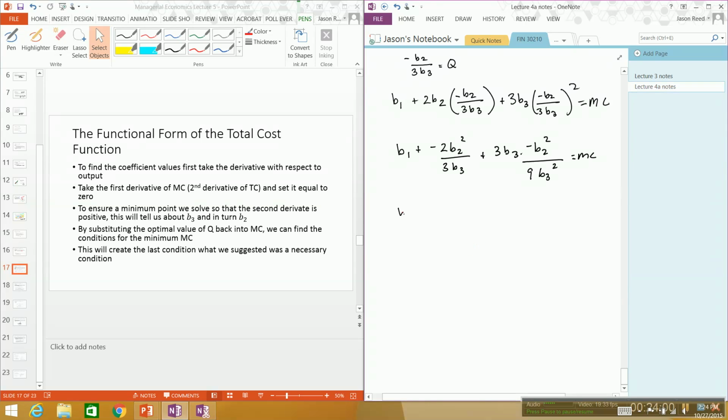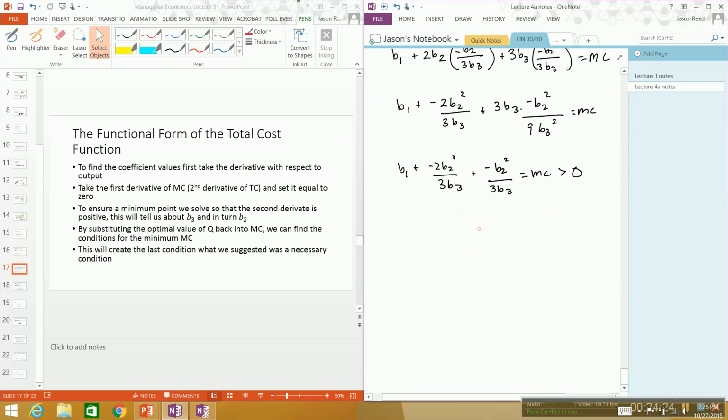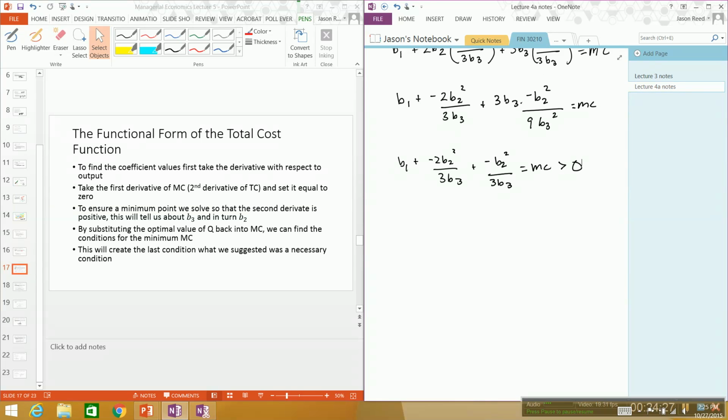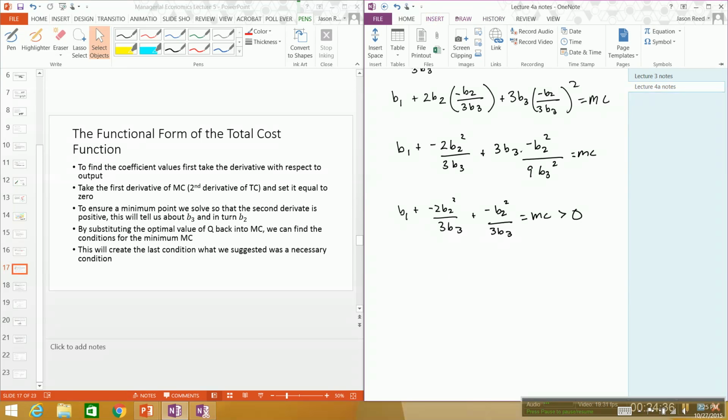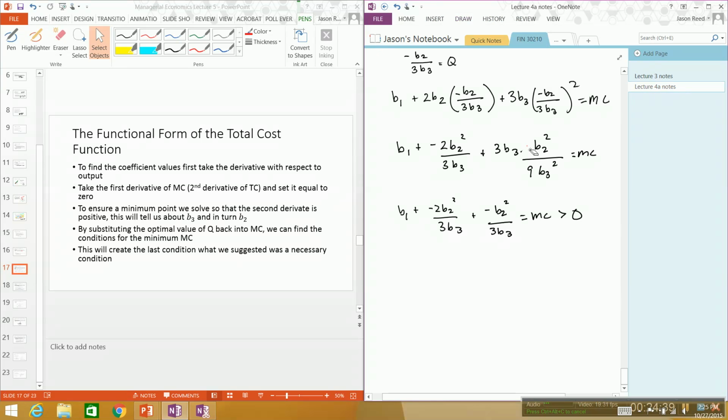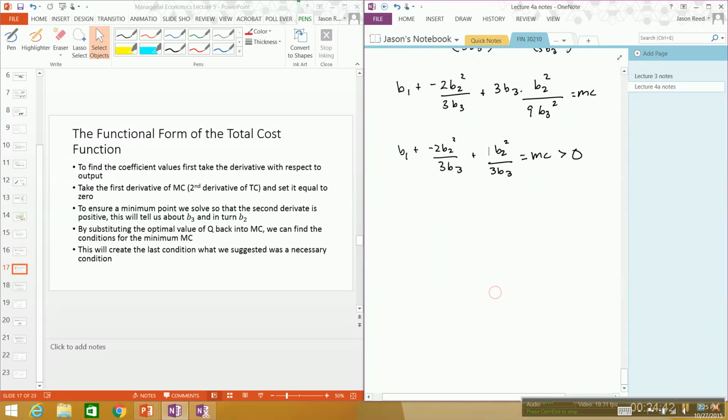Again, we can simplify here so that we have beta 1 plus negative 2 beta 2 squared over 3 beta 3 plus negative beta 2 squared over 3 beta 3. And what we want to do is say that we want marginal cost to be positive, greater than 0 in some way. And if we do that, we can now rearrange what's happening here. I'm sorry, we need to make a correction. So we are going to have a positive here. So this is positive, this is positive. Okay,